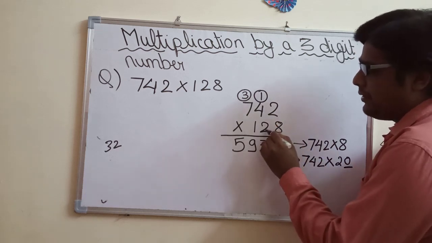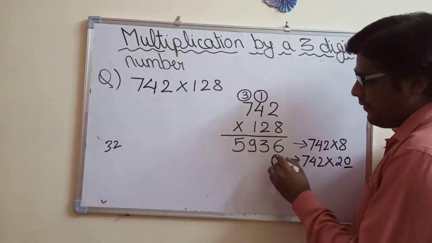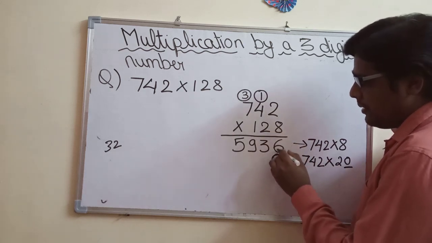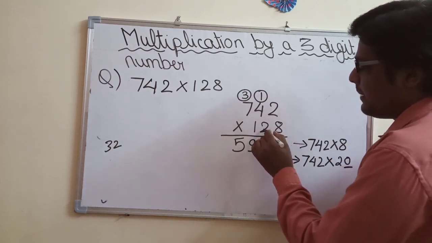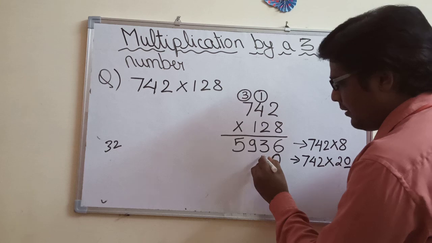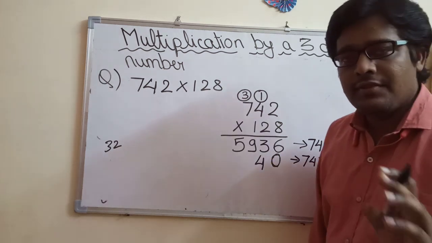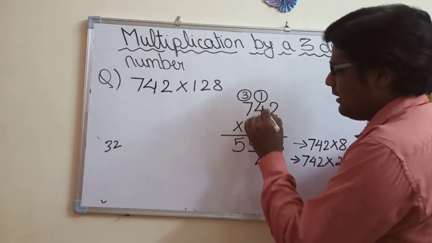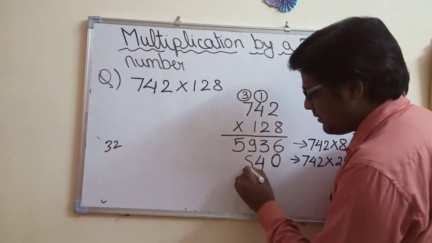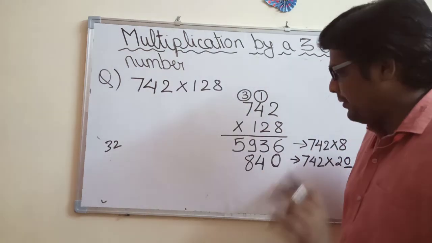Now you will multiply 2. So always remember, before multiplying the second digit, we have to place 1 zero below the ones place. Now you multiply 2. 2 2s are 4. 4 is a single digit number, so no need to carry anything. 2 4s are 8. Again 8 is a single digit number, no need to carry anything.